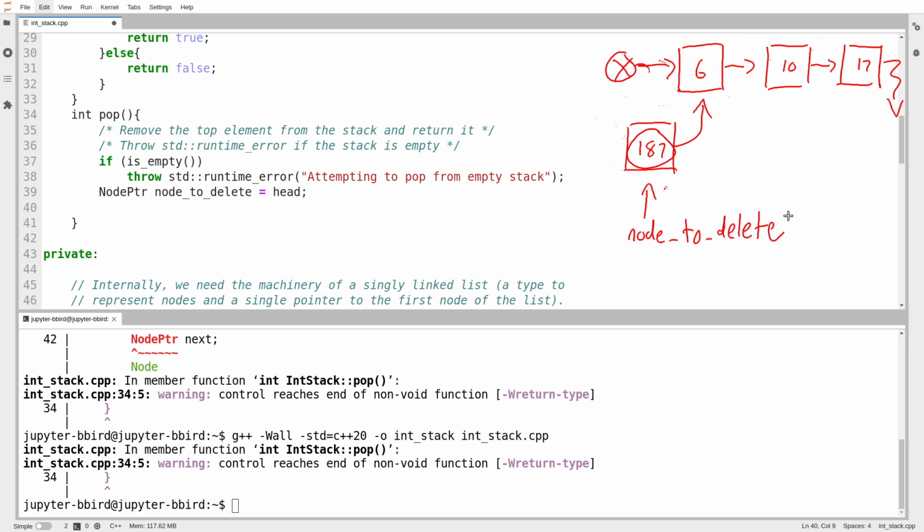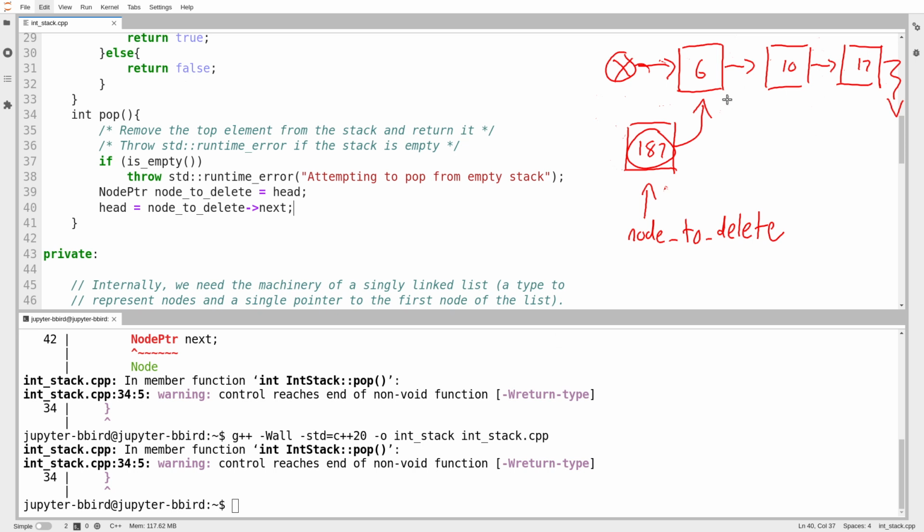Now what I want to do is reconstruct the list. I want the list to now have this node excluded. So I'll say, okay, my head pointer is now going to be whatever comes after the node that I was going to delete. So head pointer is node to delete arrow next. And recall that node pointer is a pointer to a node. If I want to actually work with that node, I have to use the arrow operator. So head equals node to delete arrow next, and that sets us up for the situation we already have